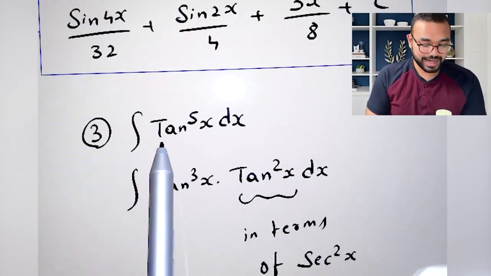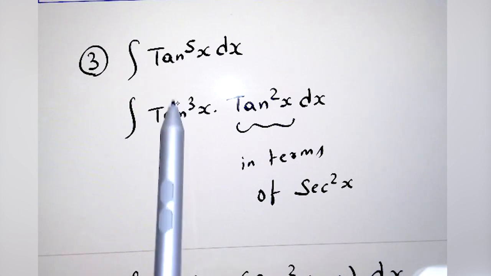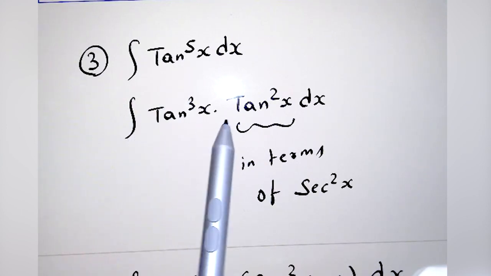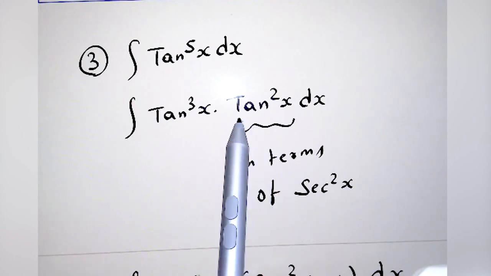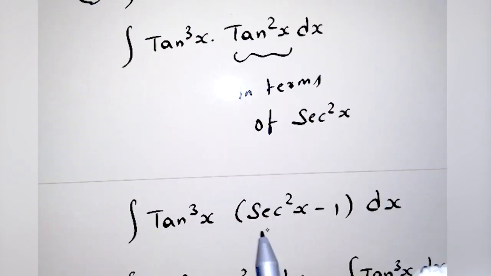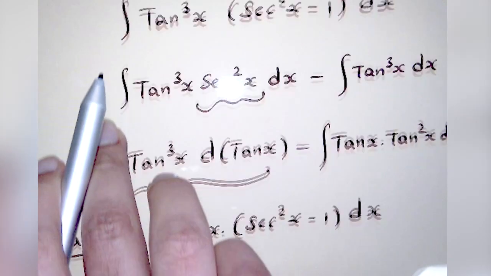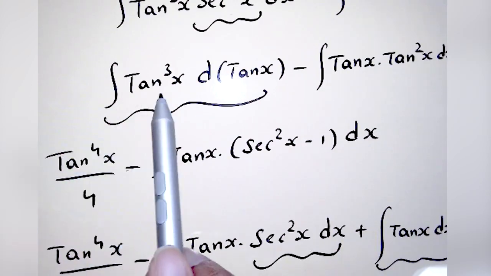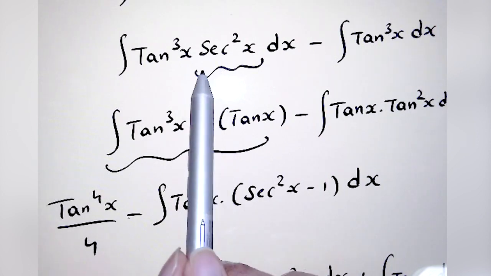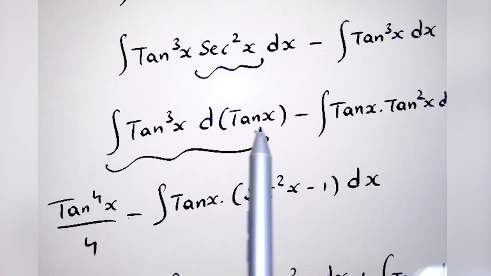So the integrand is integral tan to the power of 5x dx. So I split that tan power 5x as tan cube x into tan square x, because I know that I can write this tan square x in terms of secant square x. So I have rewritten tan square x as secant square x minus 1 and distributed that. So integral tan cube x into secant square x dx minus tan cube x into 1. So integral tan cube x dx. This will give me integral tan cube x. So I can rewrite the secant square x dx as d of tan x. So that will become integral tan cube x d of tan x minus